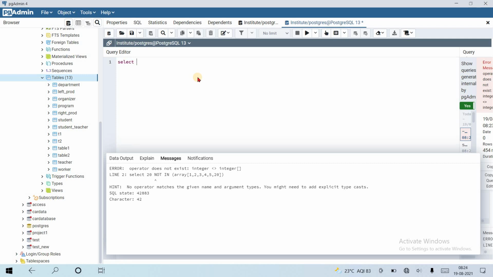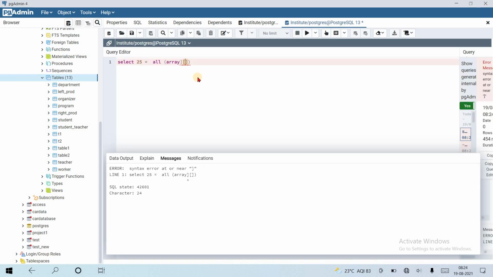Select 25 equal to all inside this array with zero elements. It cannot determine the type of empty array, like we checked previously, so it will return the error.